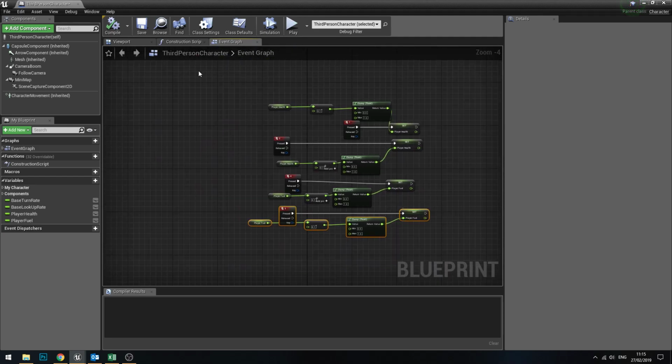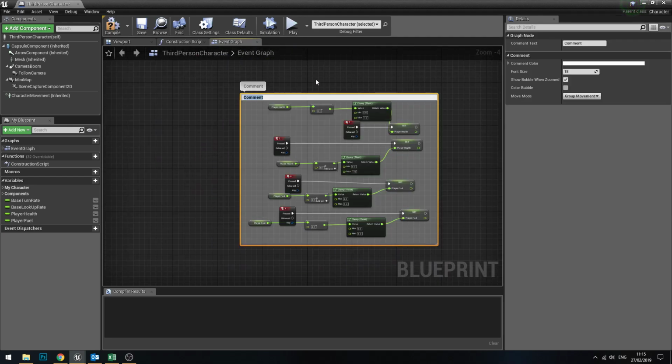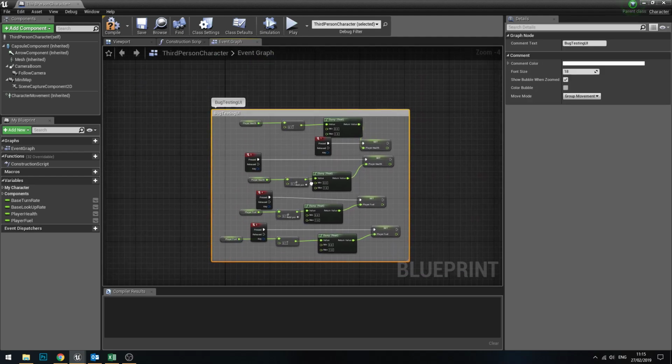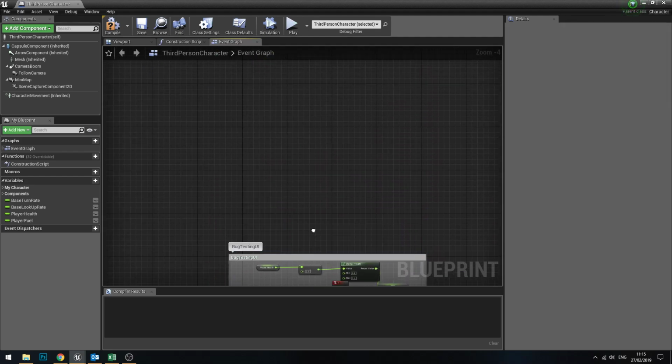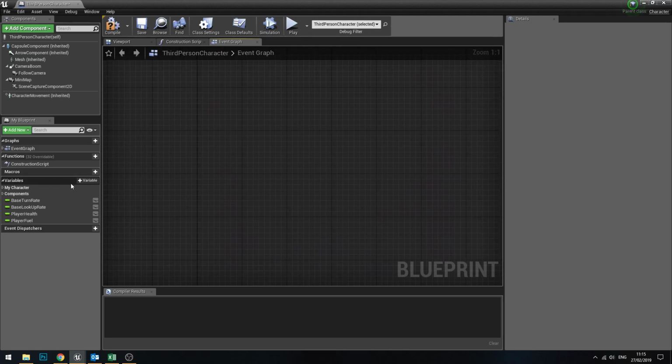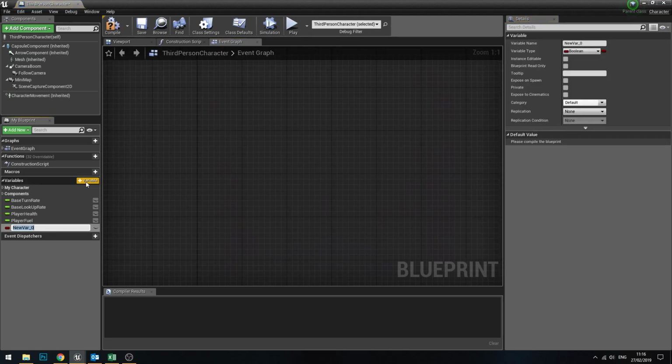Now if I just quickly click and drag over it all and press C, that'll make a comment. So this will be bug testing UI, so I can delete that all later when I'm confident that it's all working. Right, so we're going to add a variable first for